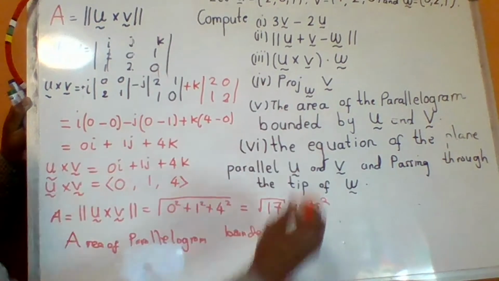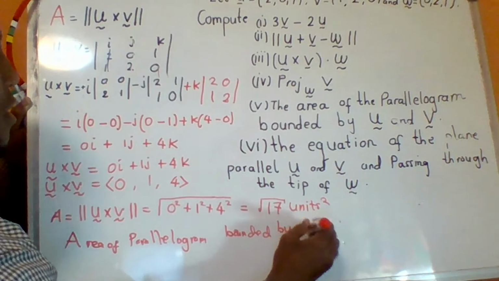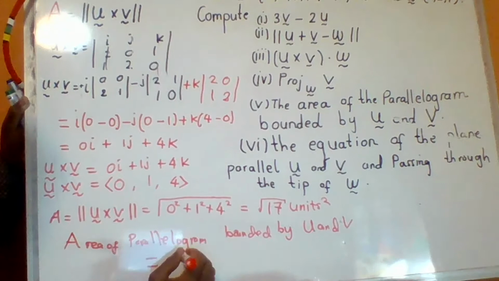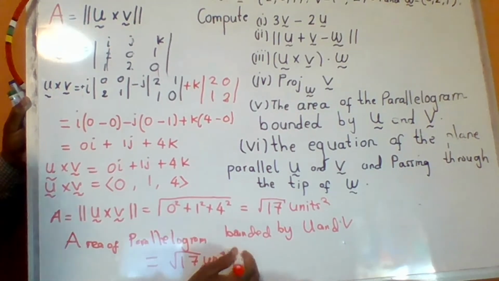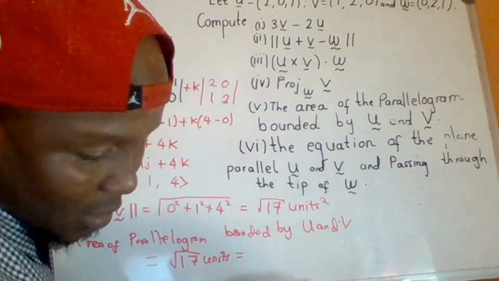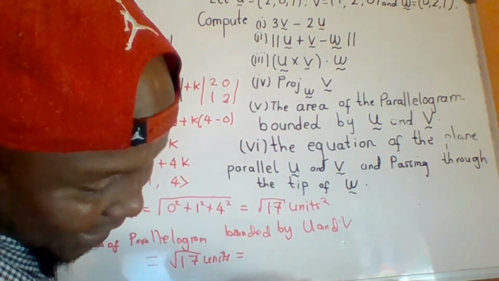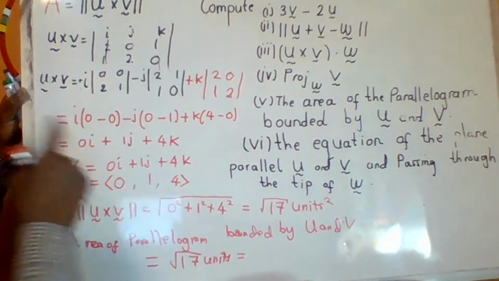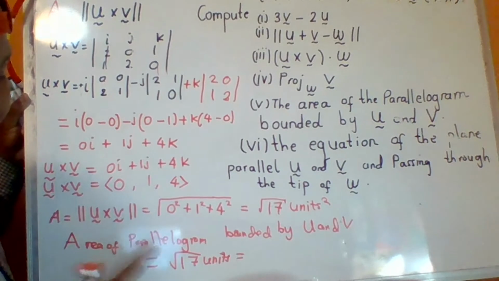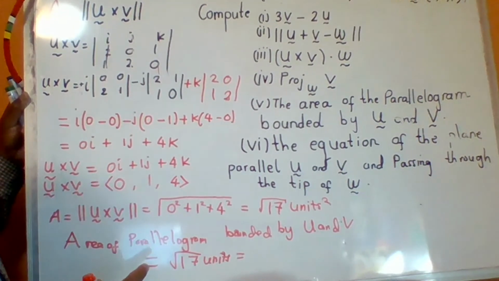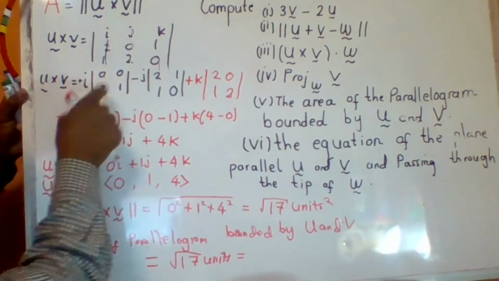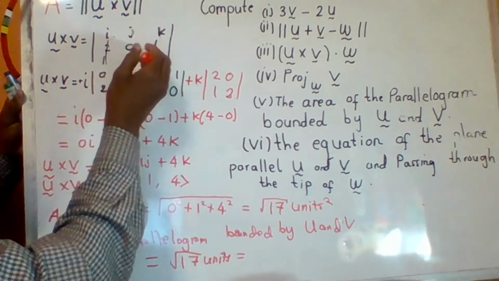So the area of the parallelogram bounded by U and V equals square root of 17 units squared. You can leave it in surd form, but if you want to plug it in a calculator,